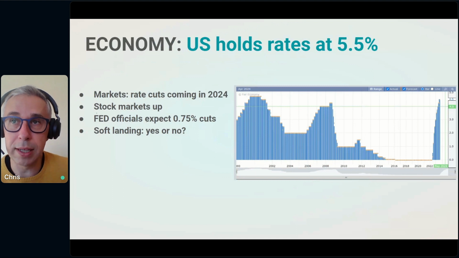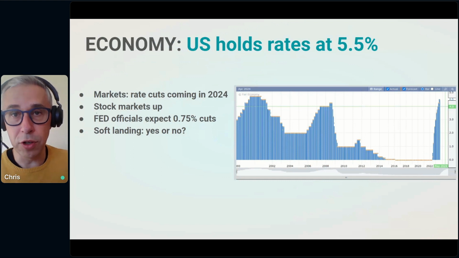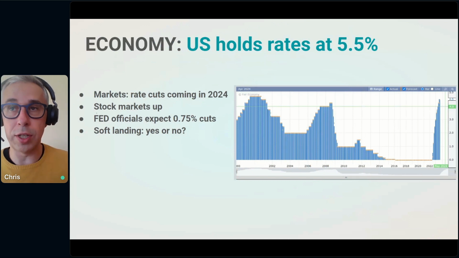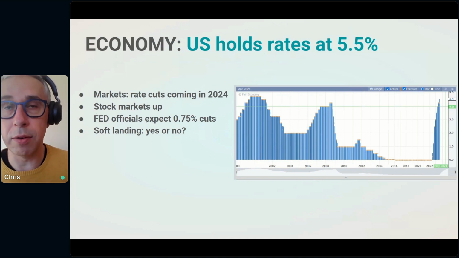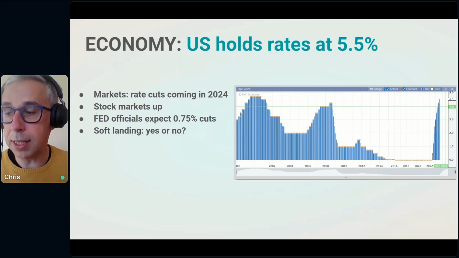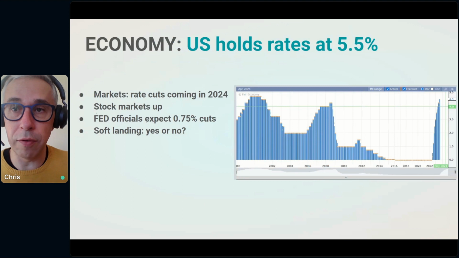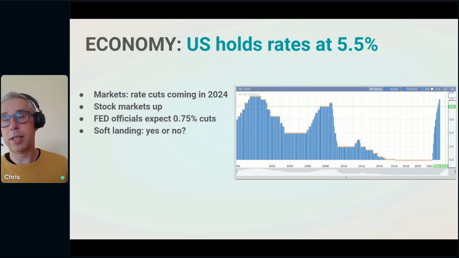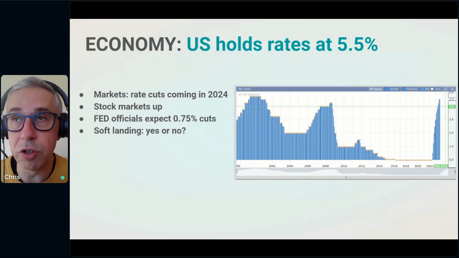If I had to choose, I would still count on a softer landing. Maybe not a full soft landing, but where there's not a full scale recession. I would say that is still probably most likely, in my humble opinion. But let's see, there are definitely two sides here. I would lean towards a softer landing, but could there be a technical recession where